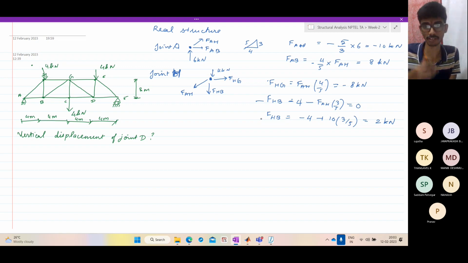We have got FAH, FHB, FAB, and FHG. We only need FBG then. So now we can go to joint B. So if we go to joint B,